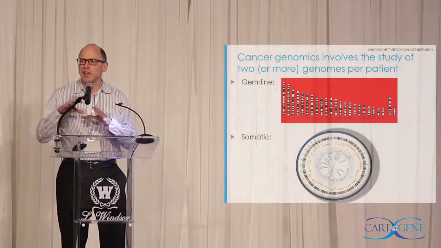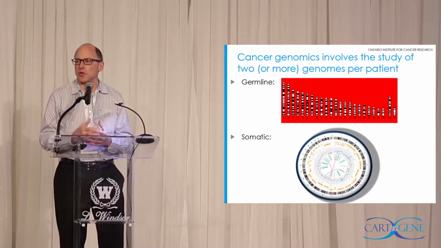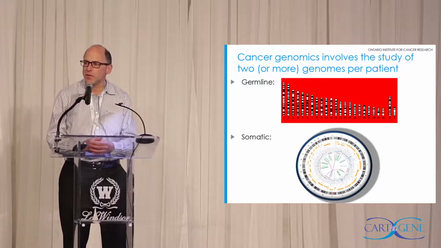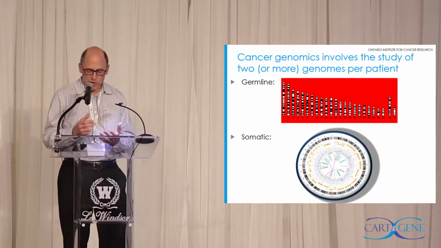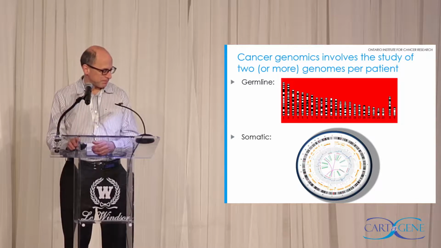And I'll give examples. I really wanted to give examples of how, once you have big data sets, you can get to some biology which is new, and also some clinical information which might be informative for the clinician and the patient. When we talk about cancer, we talk about two genomes. In fact, we talk about a lot more than two genomes because every cancer cell seems to have some differences from the others. But certainly we talk about the germline genome, the inherited genome from parents that an individual has, but also the genome of the tumor, which has many changes.